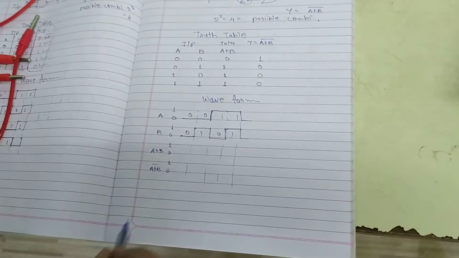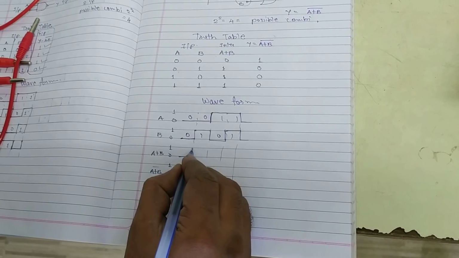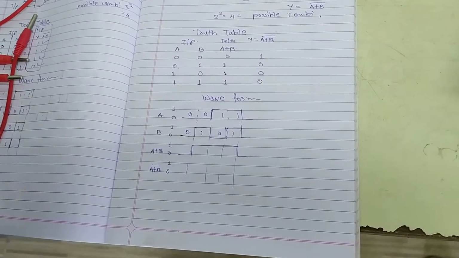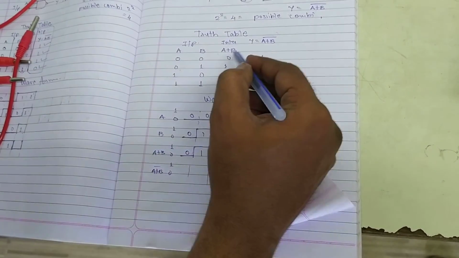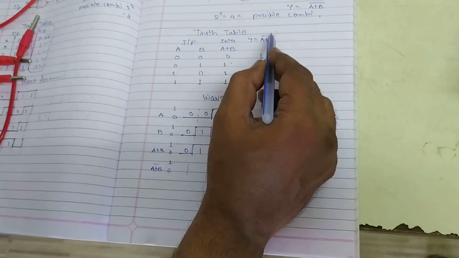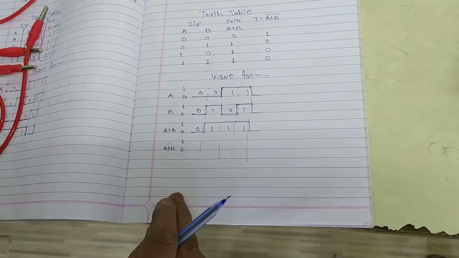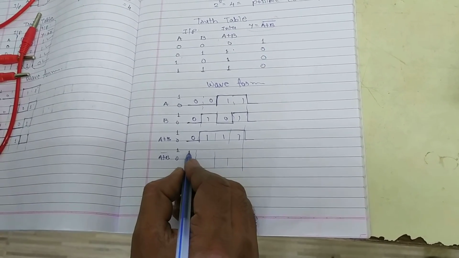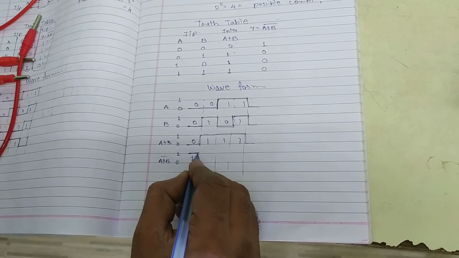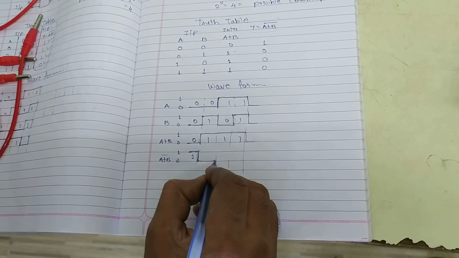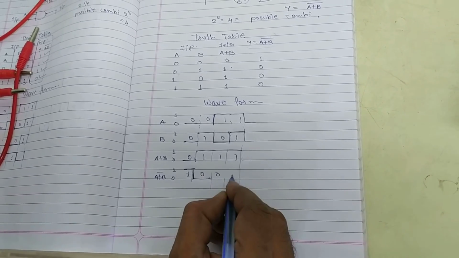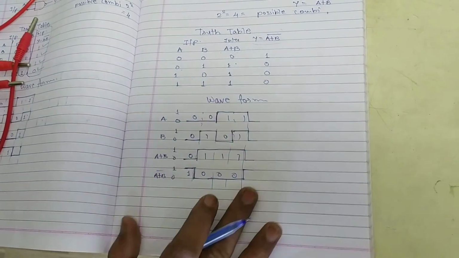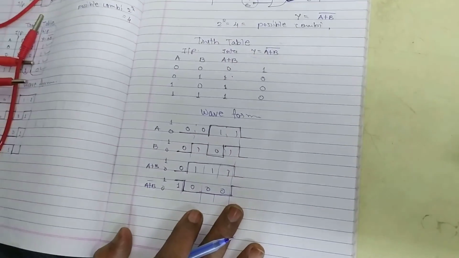Now output A or B is up to this, you will get output is equal to 0, and then next you will get output is equal to 1 and then 0. Fine. So 0 1 1 1. This is 0 1 1 1. And in the case of this (A or B) whole bar, if this is 0, you have to plot this as logic 1. So this is 1, and if this is 1, you have to draw 0. This is 1, so 0, 1 to 0. So you plot over here and then moving towards. This we have to verify using this gate. Okay.